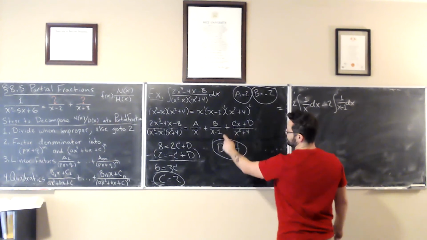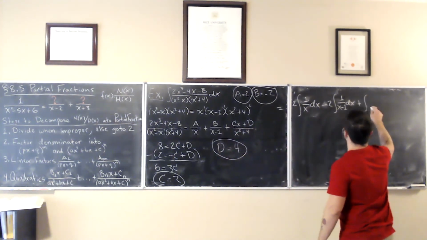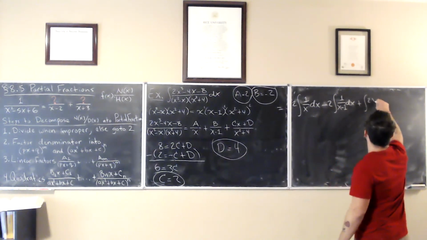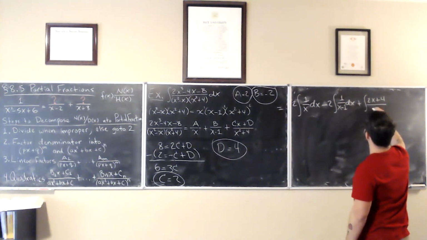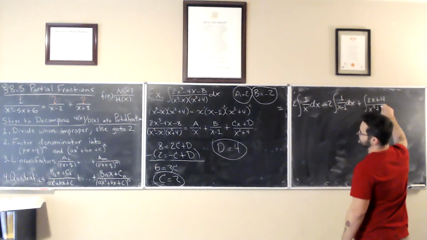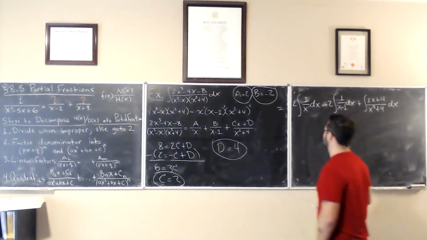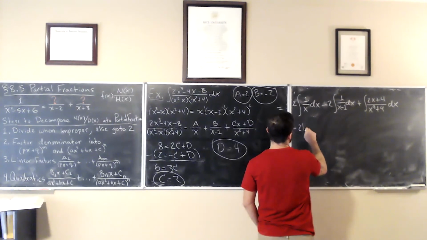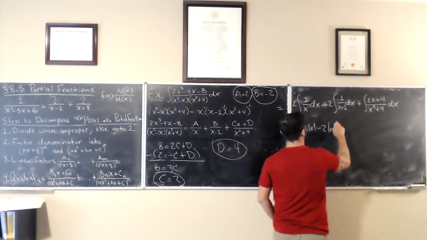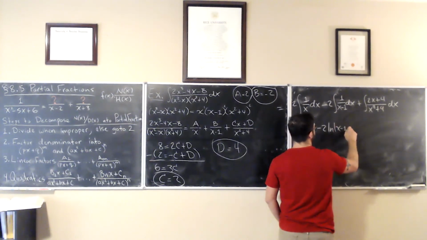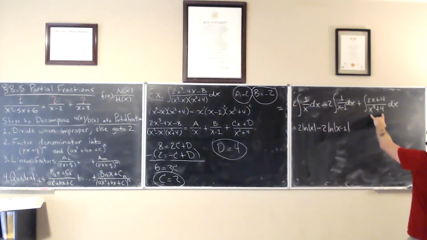plus cx plus d. So plus 2x plus 4 all over x squared plus 4 dx. And this actually works out fun because now this is going to be 2 natural log absolute value of x minus 2 natural log absolute value of x minus 1. And then notice here that